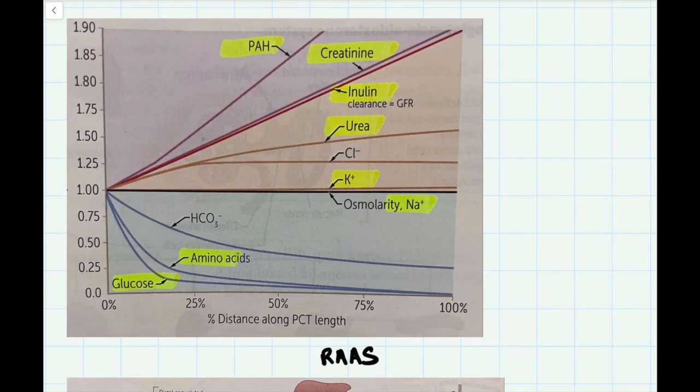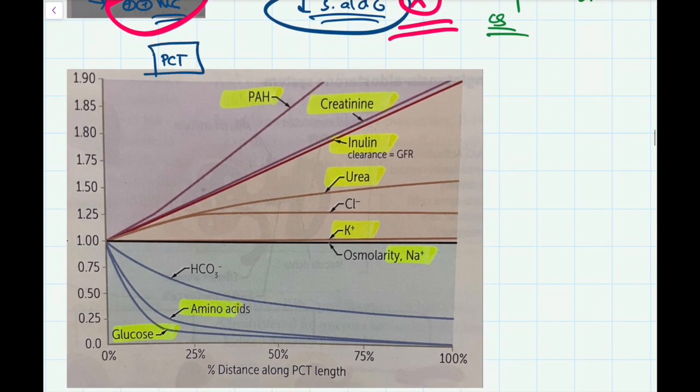which is the relative concentration along the PCT, right. This is the PCT, and the graph here is again an important graph, because they can hide all these things and ask what is this and so on. Okay, so let's see how to go about doing this graph. This is the PCT and the graph is showing the relative concentration of some substances. First let us start with this line,